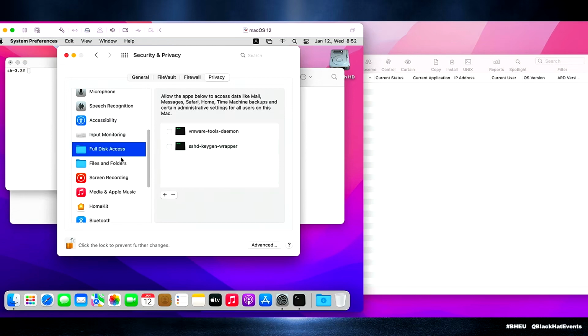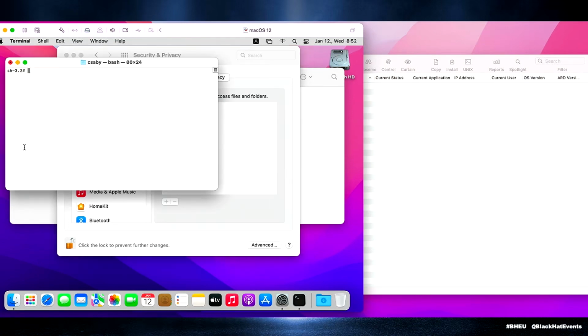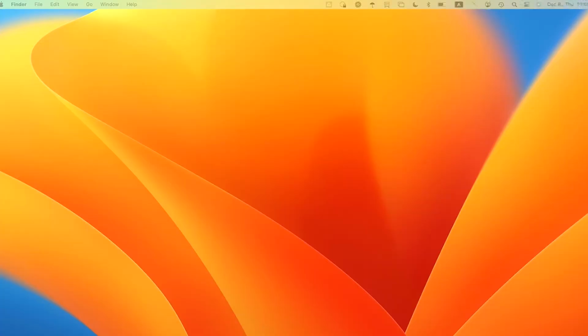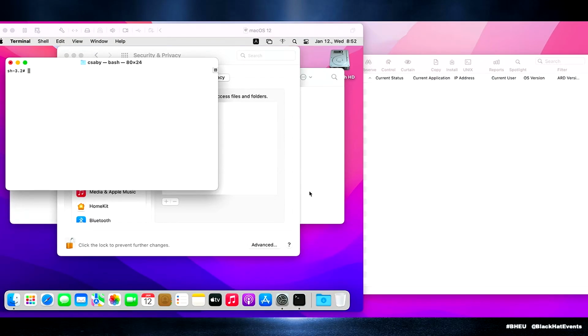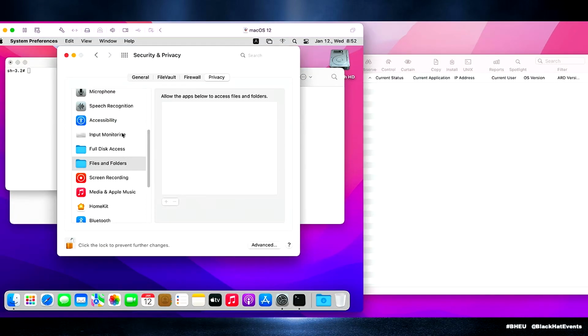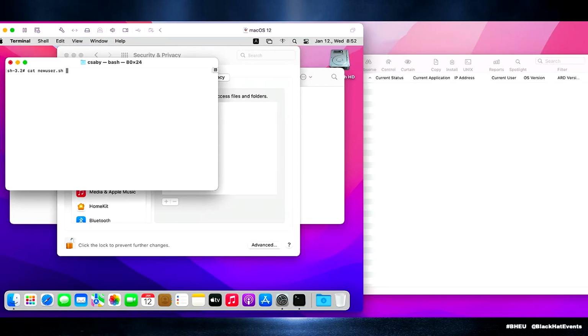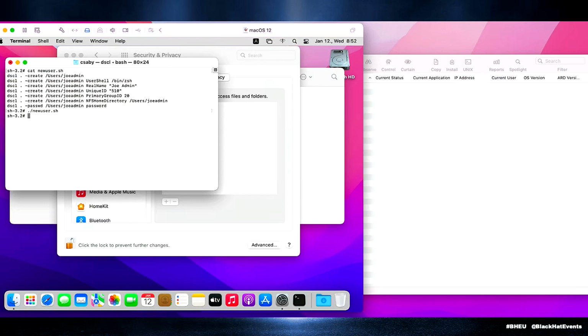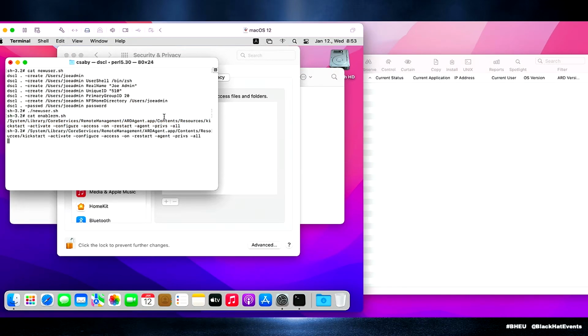For this, we need to be root. So on the video, I'm showing that the TCC database is empty. It doesn't grant permissions to anything. Let's try this again. So the TCC database is empty. What we will do is create a new user. Again, we need to be root for this. It can be any user. It will be an admin user. And then we will enable the remote desktop service. We could do this without any specific permissions besides being root. And once it's enabled,